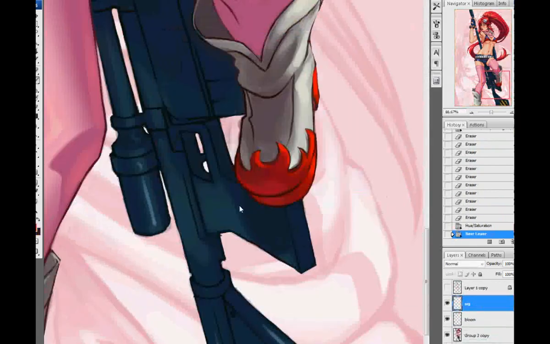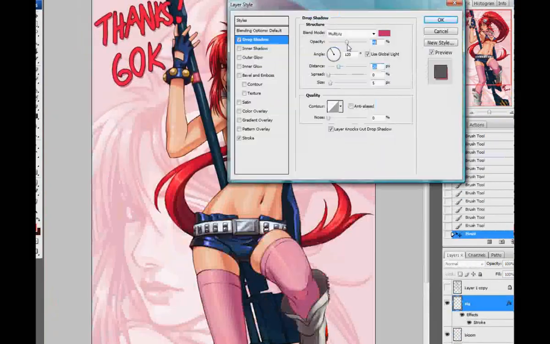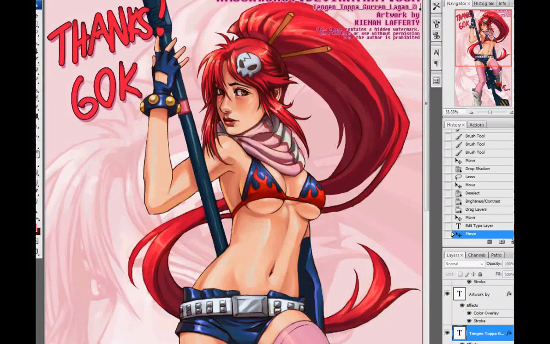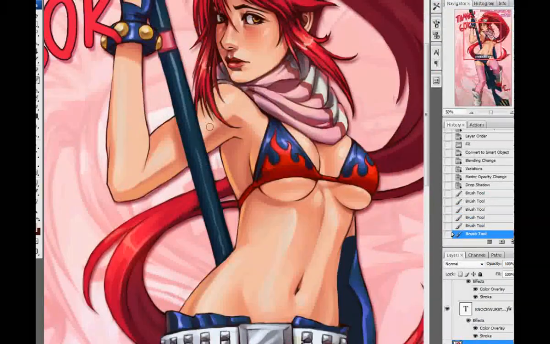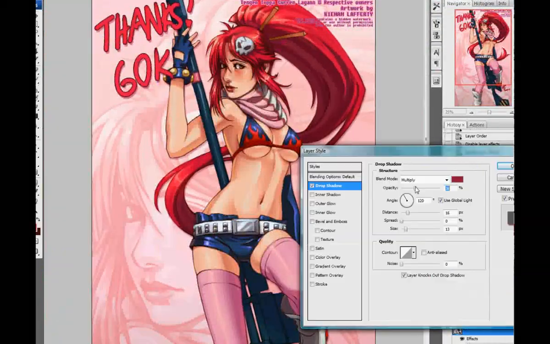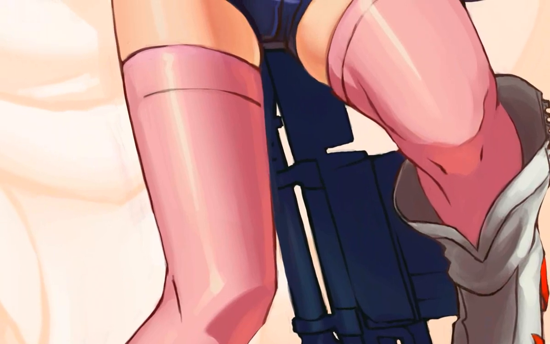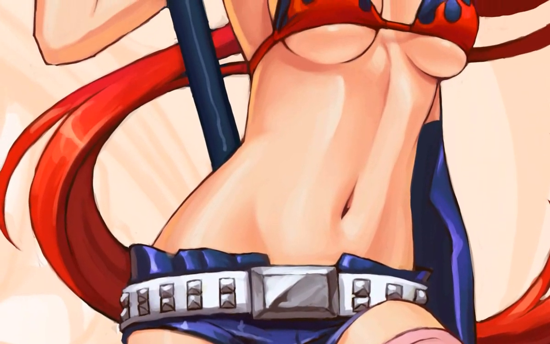But yeah, we are finishing up here. I just threw down a simple grayscale thing for the background and set it to multiply. And there I am putting in the little information stuff. It's going to show up as I sent it as the thanks 60K care band thing, but at the end, right here, you'll see the details. I actually went back in about a week later and added some more details to it and did a little more color balancing.